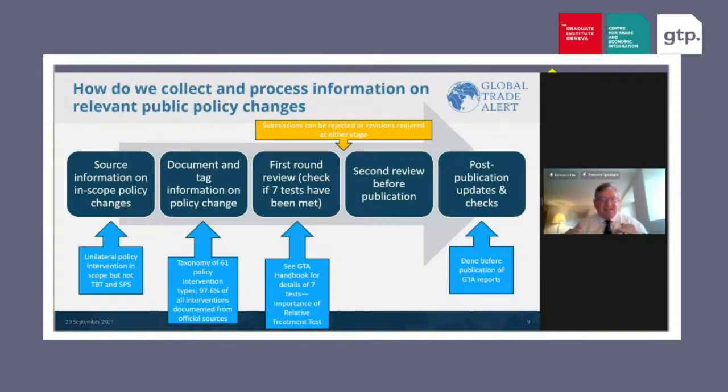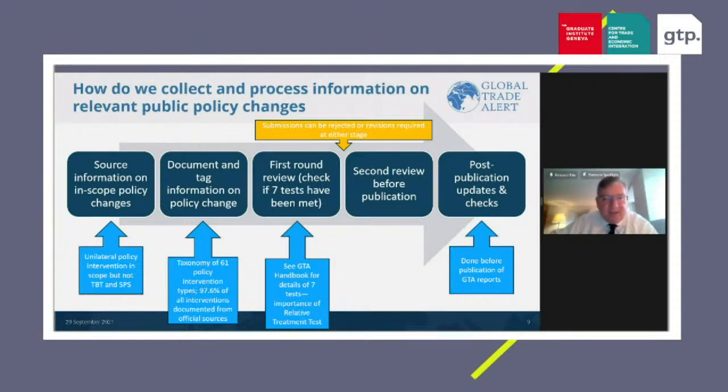What's more of interest is when the degree of discrimination changes, and it can change in ways which advance foreign commercial interests relative to domestic interests, as well as the opposite. So we are therefore interested in documenting liberalizing policy interventions as well as ones which are harmful for foreign commercial interests. We source information through a number of ways. First, we consistently track several hundred government websites where announcements are made of policy interventions, and we do that using both human intervention as well as in an automated fashion.